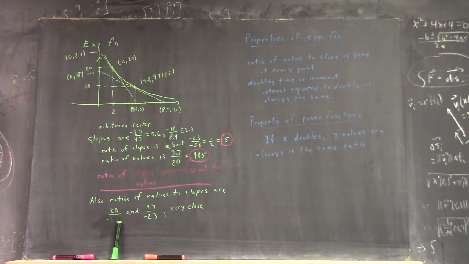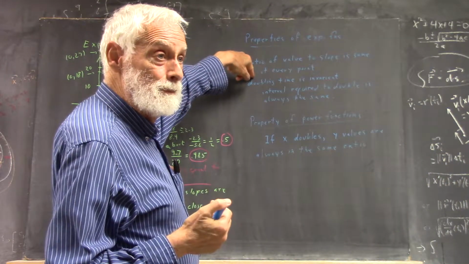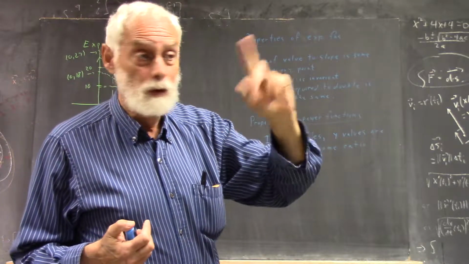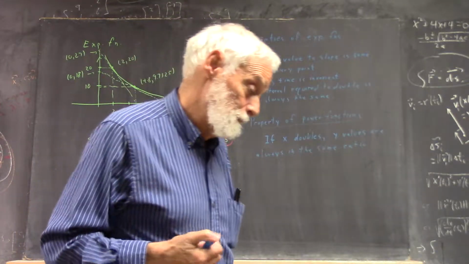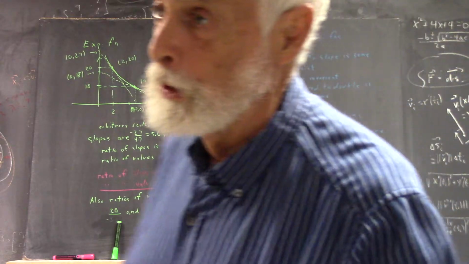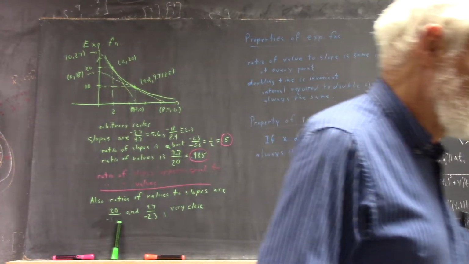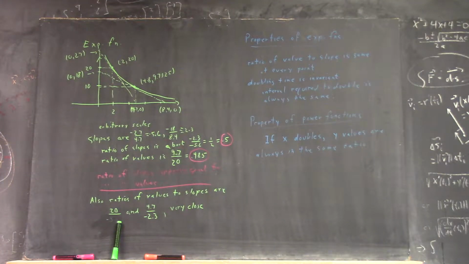Now the one that we love the best is the e to the x function, okay? Because for the e to the x function, this ratio of value to slope is 1. Slope is always equal to the value, okay? Which is a unique property of the e to the x exponential function. What that has to do with 1 plus 1 over n raised to the n, which incidentally you did a good job with. It's not a particularly difficult problem,